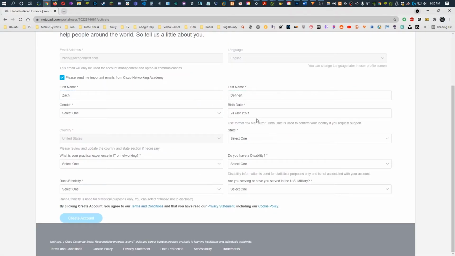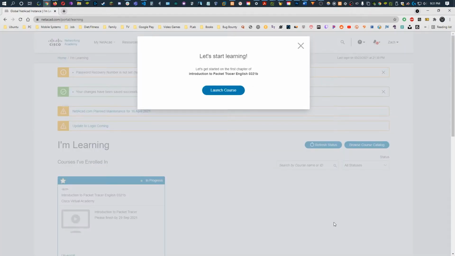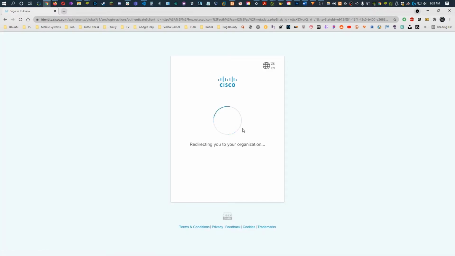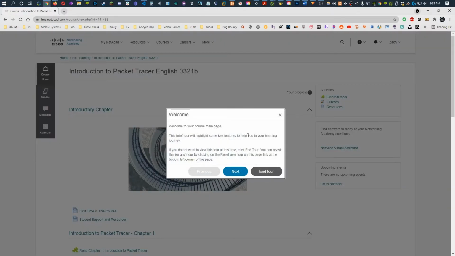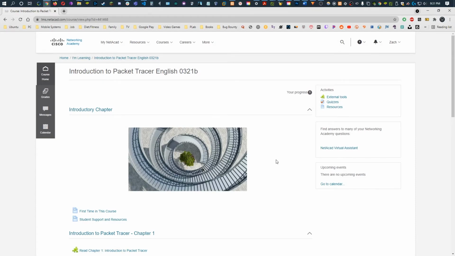Okay, and now I'm logged in, and go ahead and fill out this information as well. Okay, and this is a new account, so there's not going to be all my other courses there. But yeah, we should go ahead and hit launch course. And you can go through this tour if you want. I'm not going to go through it. But we are now in Cisco Networking Academy. We can go to resources, download Packet Tracer,